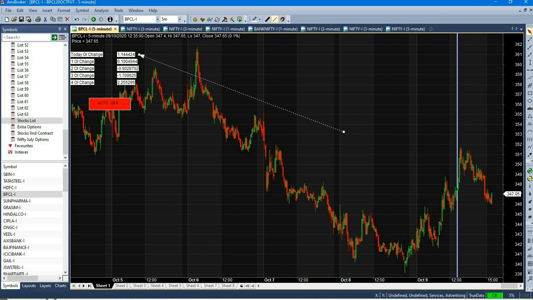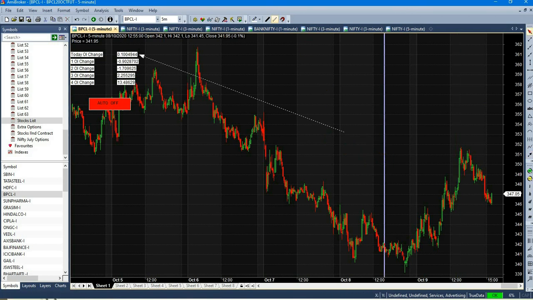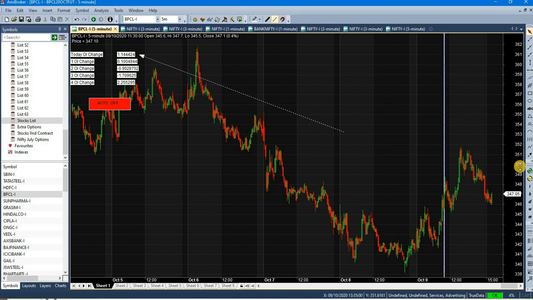Here I am getting a number of 1.144% OI change as compared to 8th of October. If I select 8th of October, now it is showing today OI change is about 0.1% as compared to 7th of October. If I select 9th of October, it is showing today as 1.14. One OI change means it is showing the 8th of October change as compared to 7th of October, and so on.